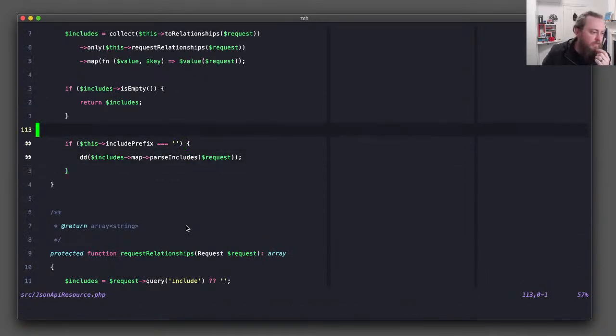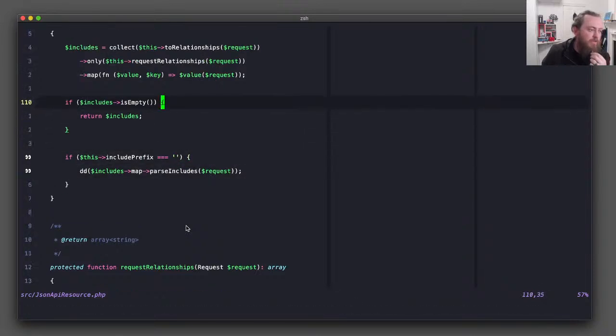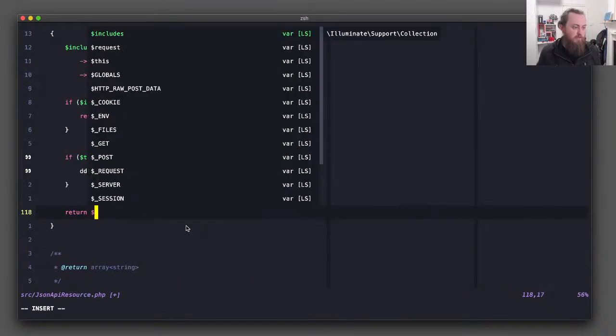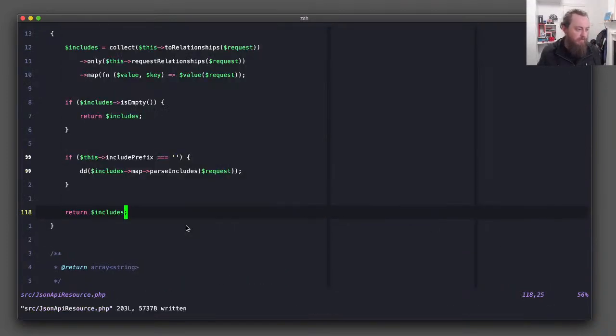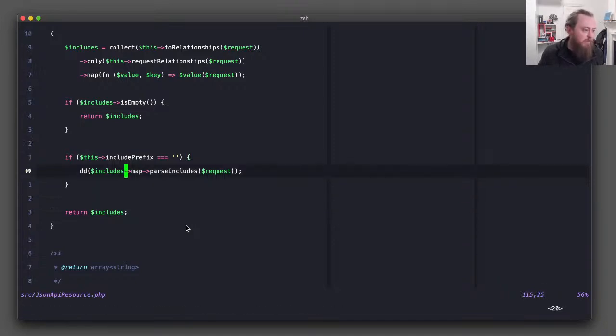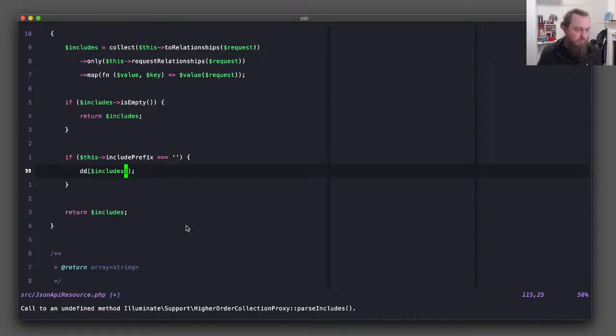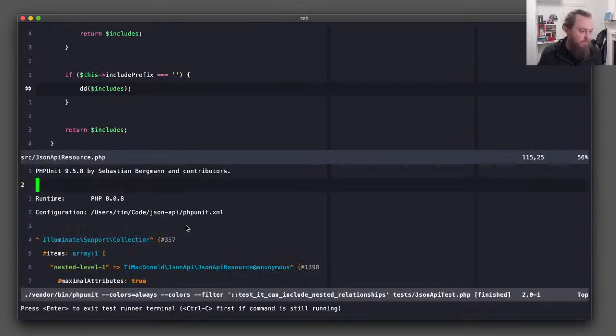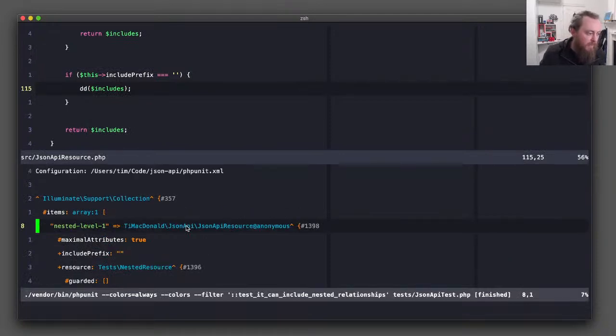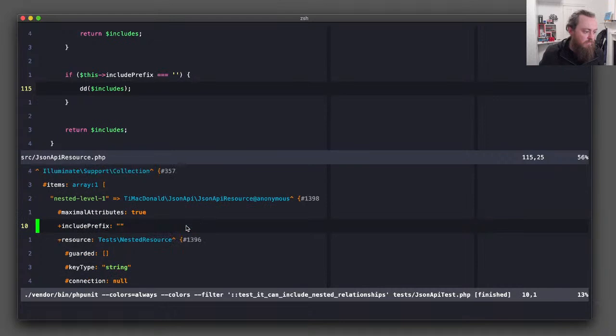Include prefix is equal to that. Then that's where we're going to do it. Otherwise, here we're just going to return the includes as well, not even worry about going down. But on the first one, I do want to see JSON API resource, and the nested include